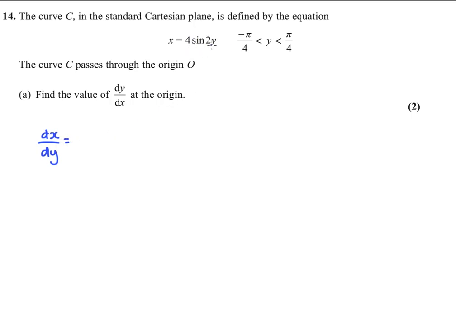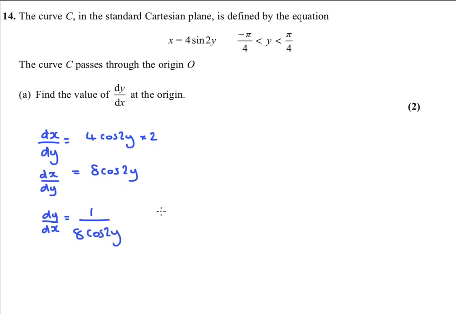And I'm going to differentiate this with respect to y. So that's going to be a little chain rule. We're going to pretend that this is a y and differentiate it, which would be 4 cos 2y, but then I need to times by the 2 as well. So I'm getting 8 cos 2y for dx by dy. But that means that dy by dx is the reciprocal of that. So if I flip this, then I need to flip this. So 1 over 8